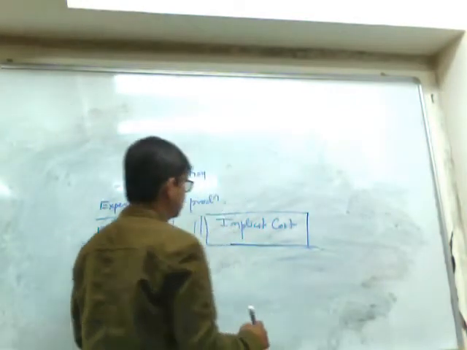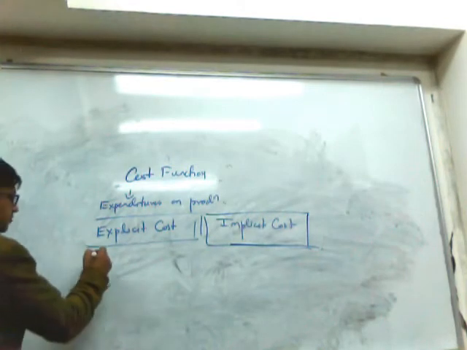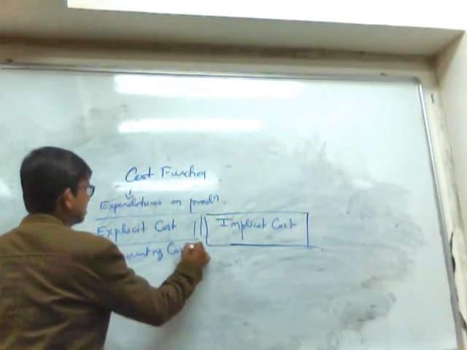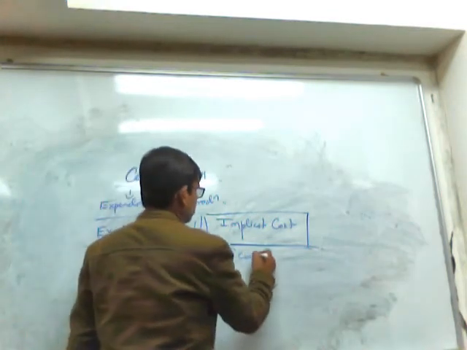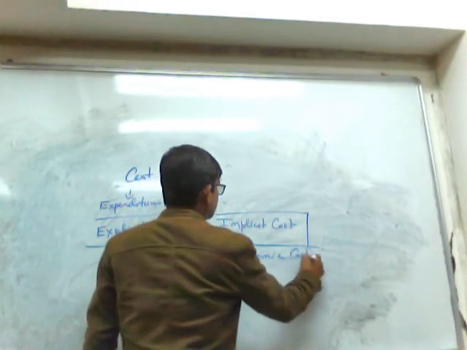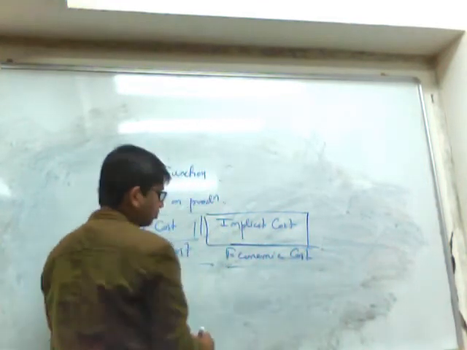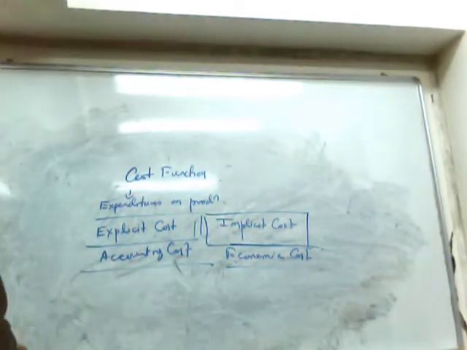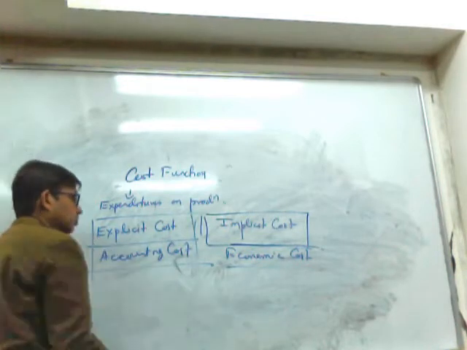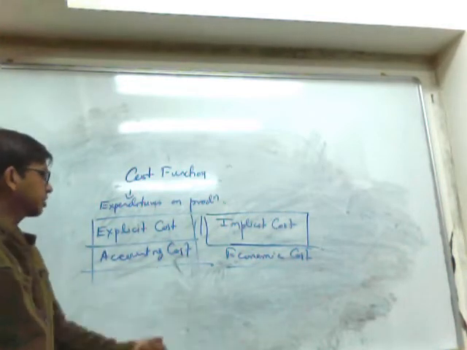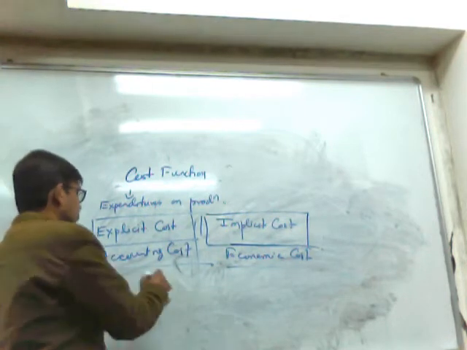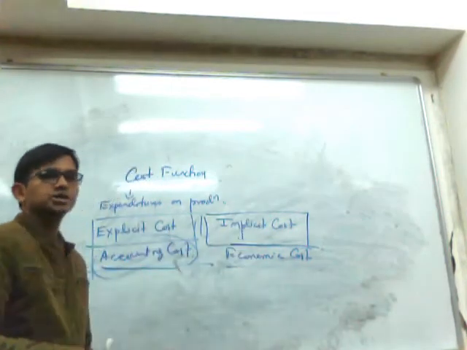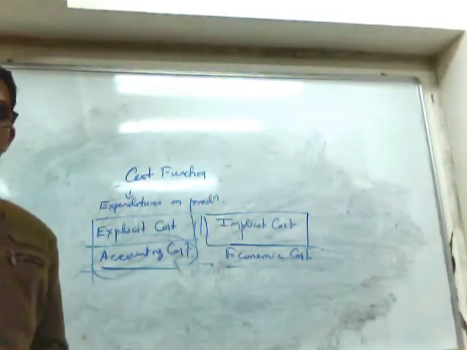These are the parts of the implicit cost. Now from here another difference is the case of accounting cost and economic cost. Accounting cost simply indicates those components of costs which are represented through the ledger book. So mainly the explicit costs consist of the accounting cost. And what is economic cost? Whenever we add accounting cost and implicit cost, we get the concept of economic cost.